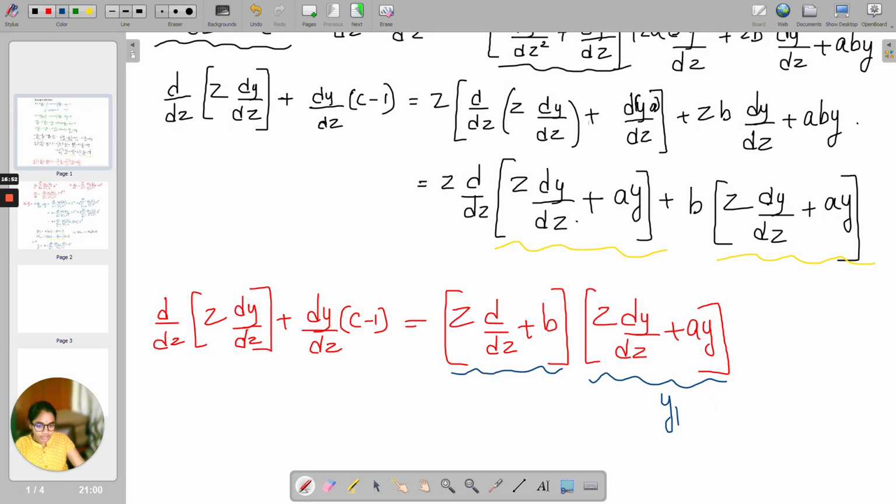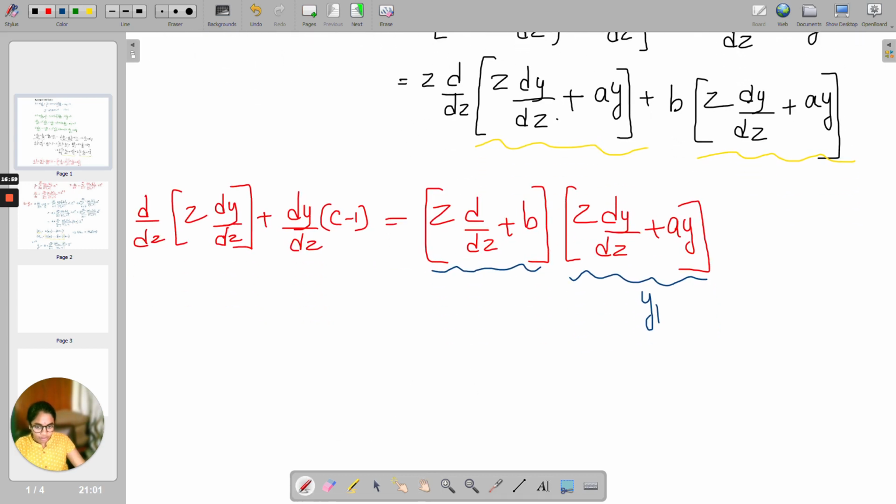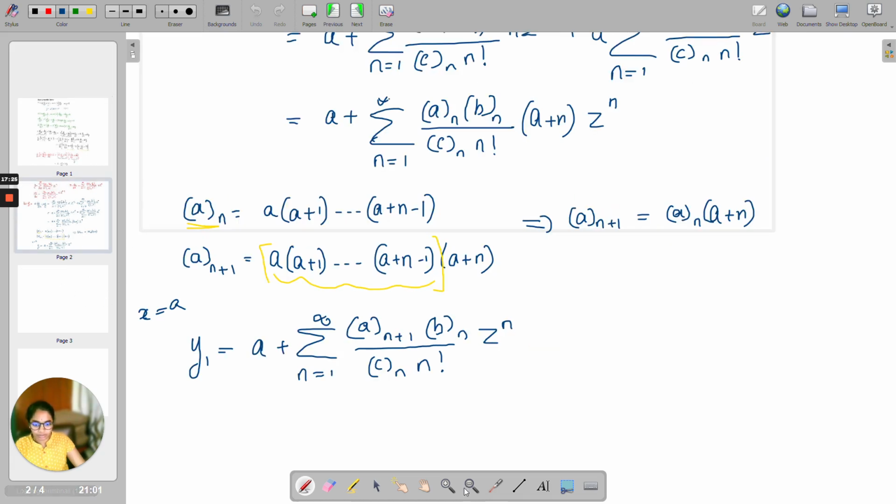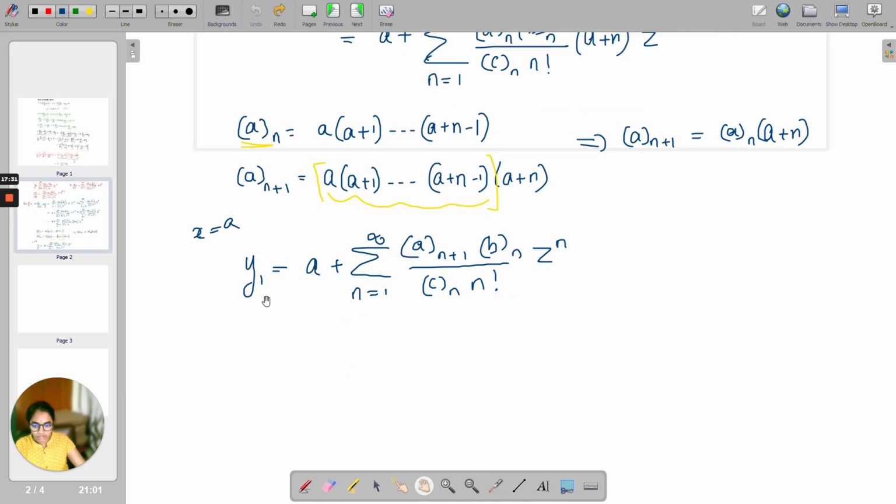Now let me take this equation. Yes, so what would you get? What happens over here? If this is y1, we would get, now multiply this y1 inside this equation, so we would get z dy/dz y1 plus b y1, right? So now we have y1, let me find dy1/dz into z. So what was that equation? Let me write down this equation in the next page. Yes, so y1 is equal to